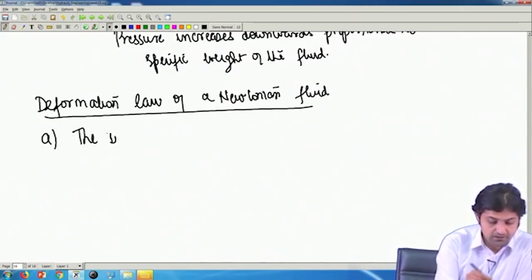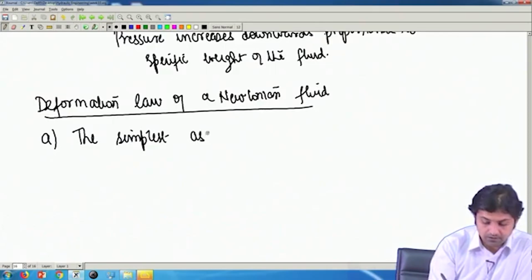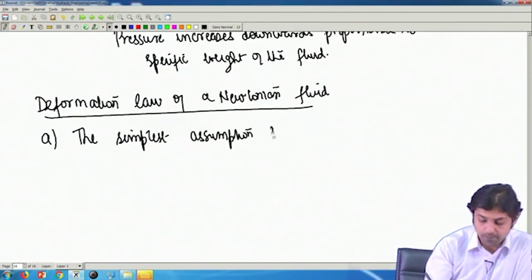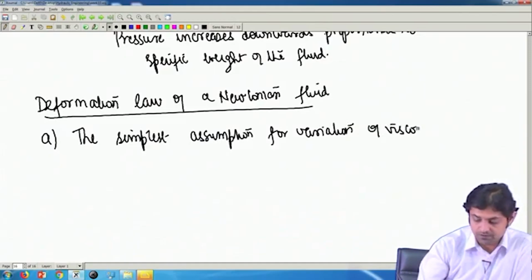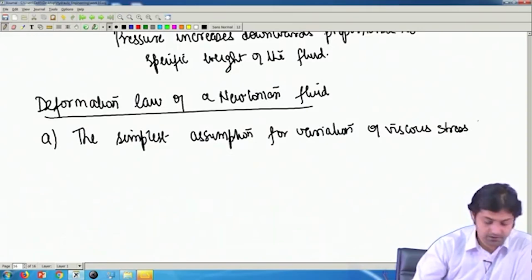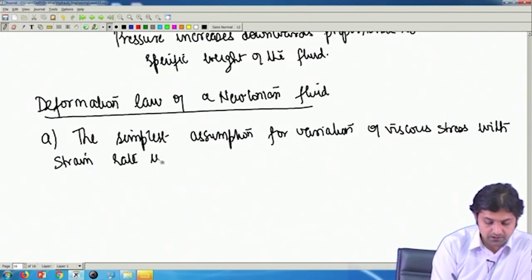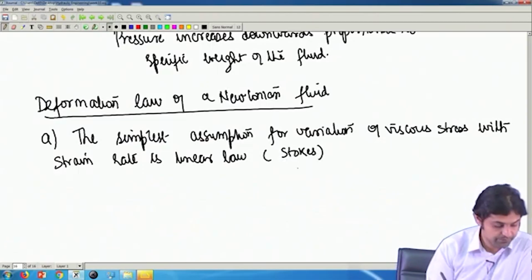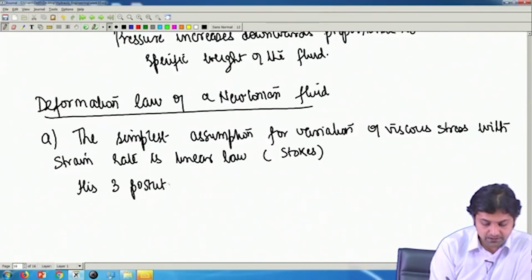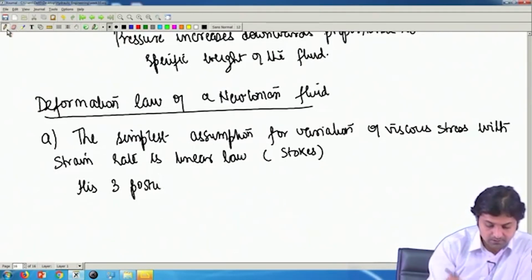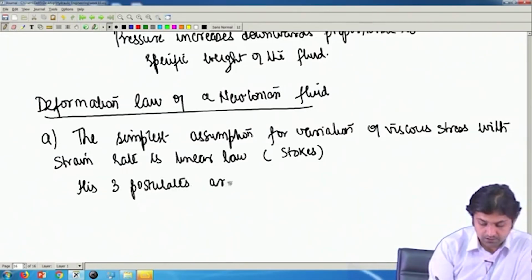So the simplest assumption for variation of viscous stress with strain rate is a linear law given by Stokes. His three postulates are: